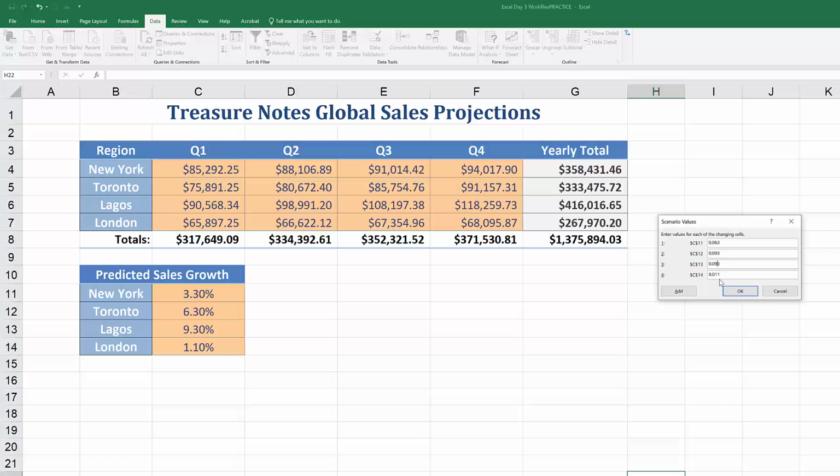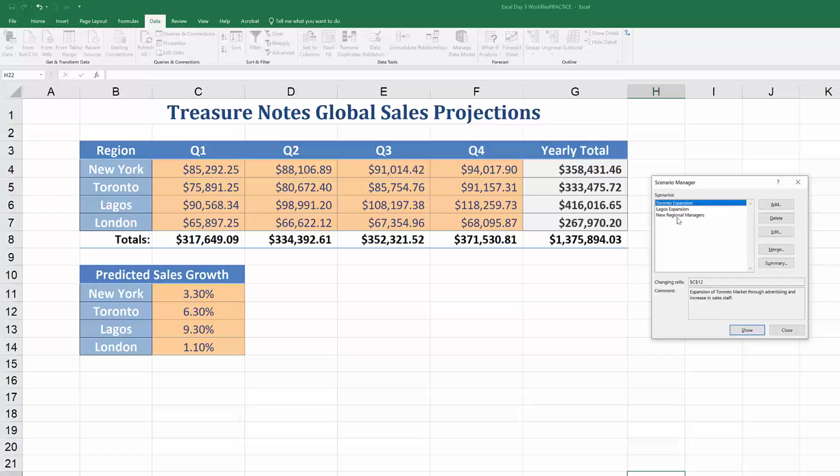So we are going to change that to let's say 8.3%. And London, which is 1.1%, is going to be changed to 4.1%. Okay, so if we click OK now,